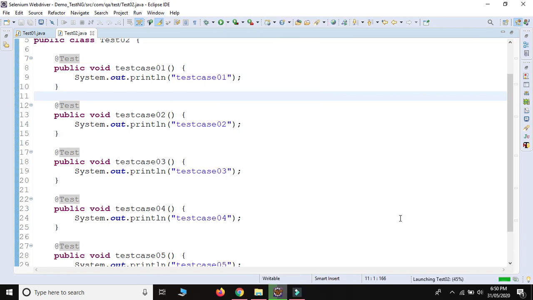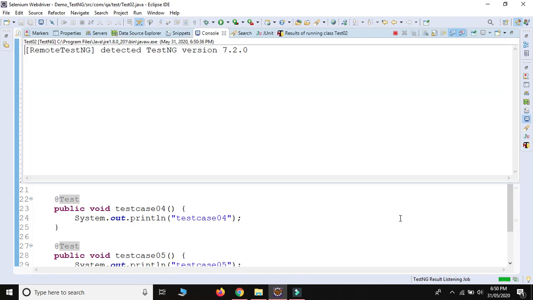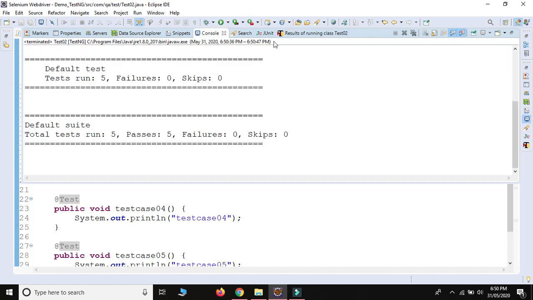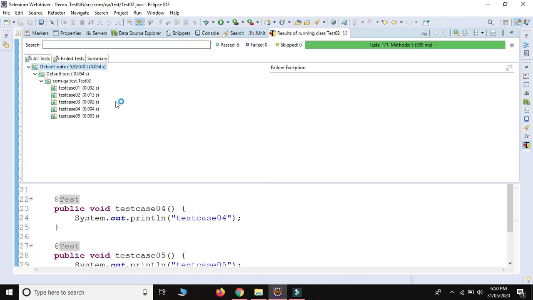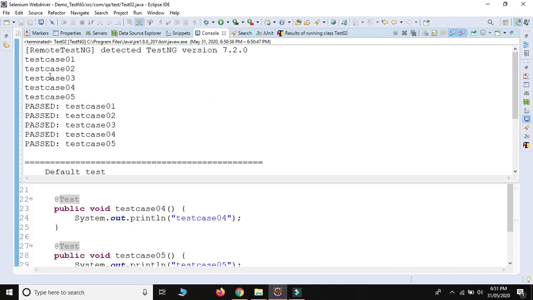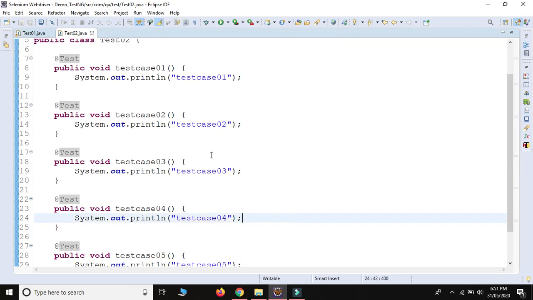I want to check the execution flow, which test case will execute first. So let's wait for the execution. Okay, we got the output. Let me open TestNG. This is test case 01, then test case 02, 03, 04 and 05. This is the console output: test case 01, 02, 03 and 05. Same. So let me change the